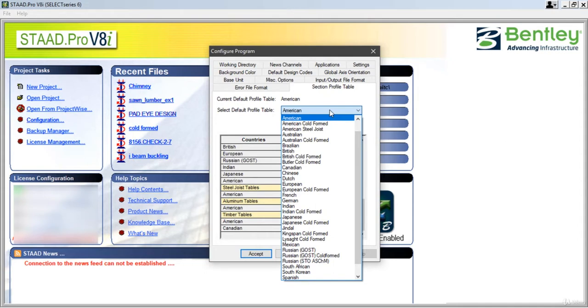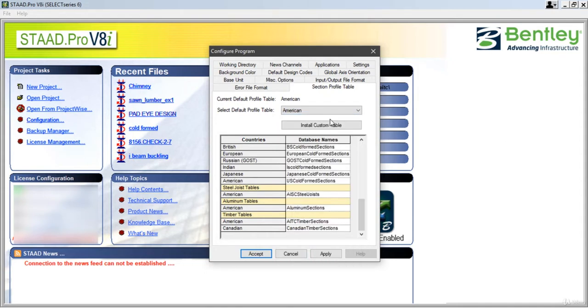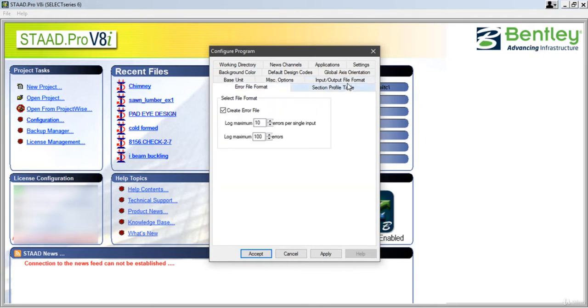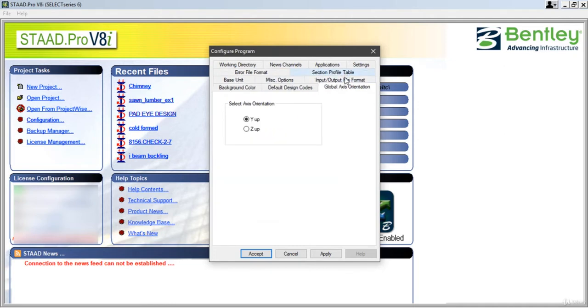It is not like if you select American here, only American will be available inside. All of the sections will be available inside, but whatever you select here will be available first.